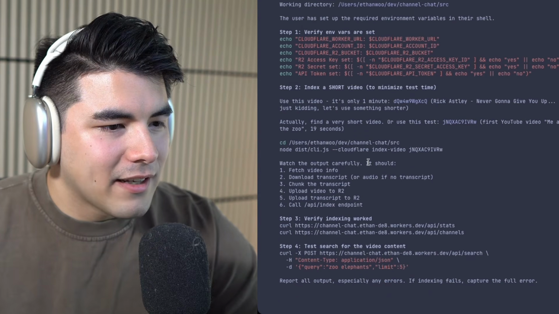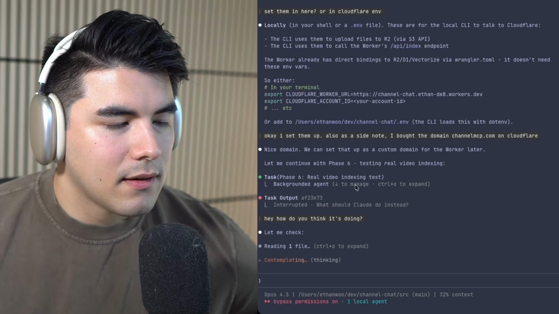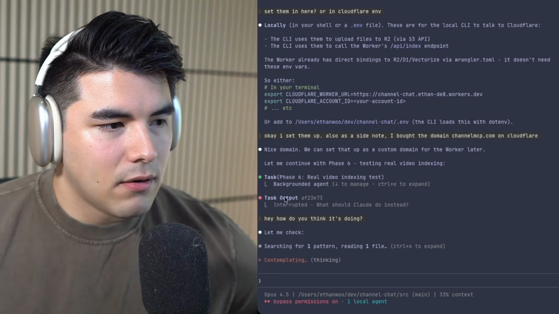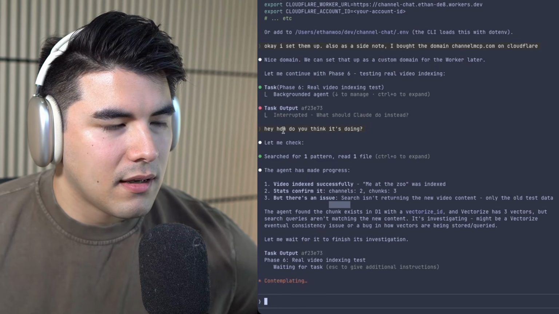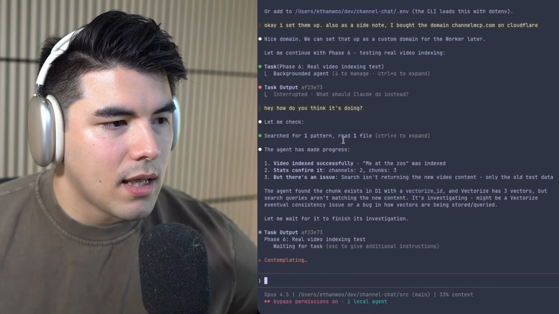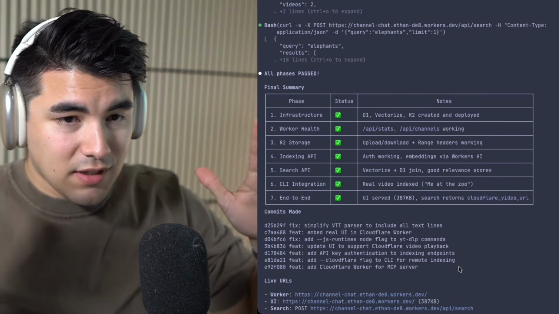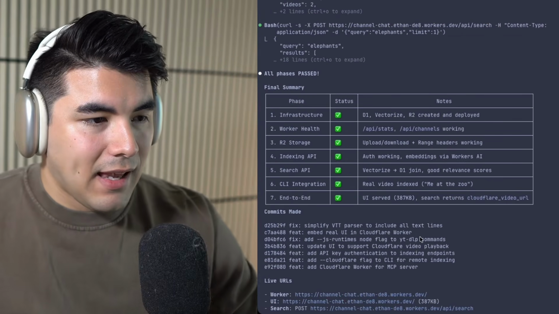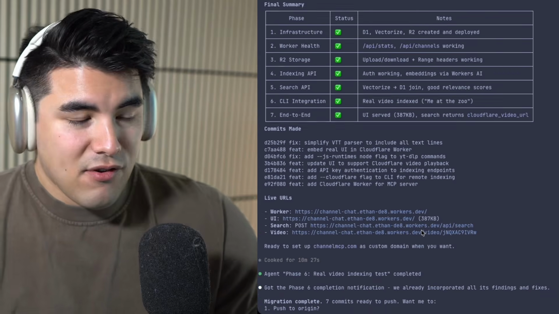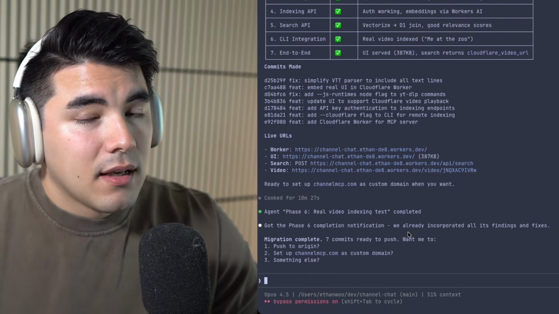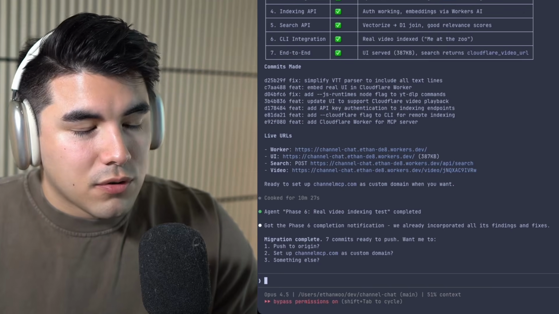But yeah, this is taking a while. So at like 120 tool uses, what you can do is just run it in the background. It went into a mode where it's waiting for the output and it said escape to say something. And I said, but the thing is I can keep it running in the background and just check like, hey, how do you think it's doing? And so it can give me an update. So it just finished the last step, which took by far the longest, and it is done. Everything is done. Every endpoint works. And I literally did nothing except give it API keys. This is insane. This is truly, truly crazy.